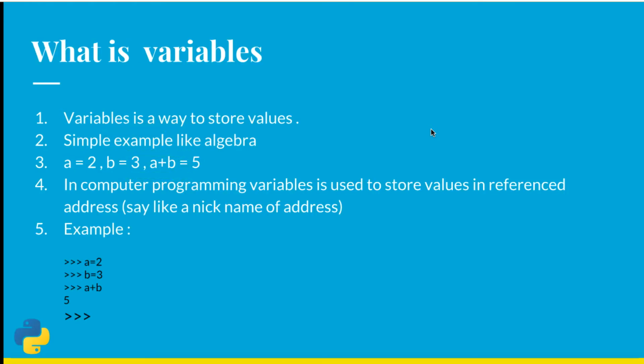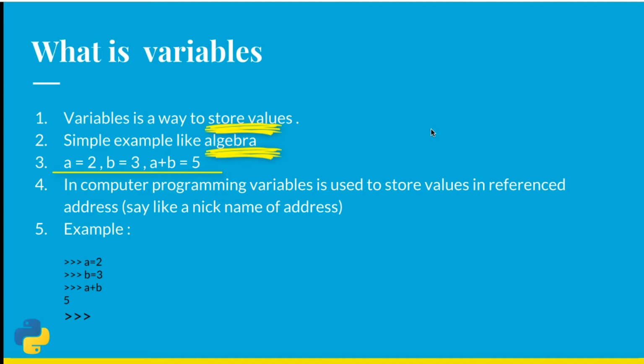So what exactly are variables? Variables are a way to store values like we use in algebra, where we can assign a value to a variable, a value that can be changed, to find the formulas by assigning these kinds of values to different formulas. For example, if you want to find (a + b) squared, you can use this formula and assign a value to the variables like a, b, and then you can see the a plus b is 5. Here you can see in this example.